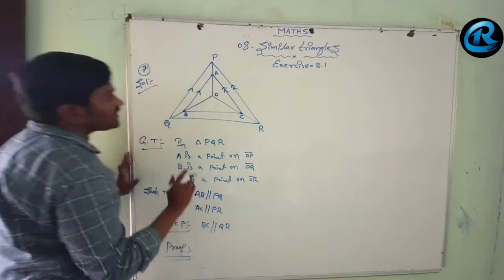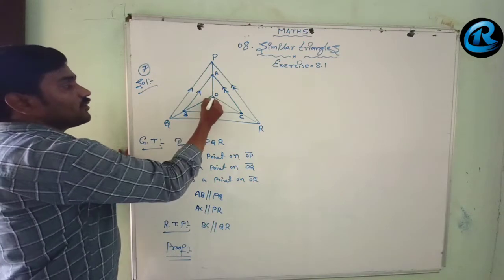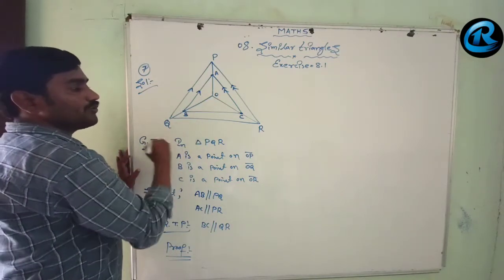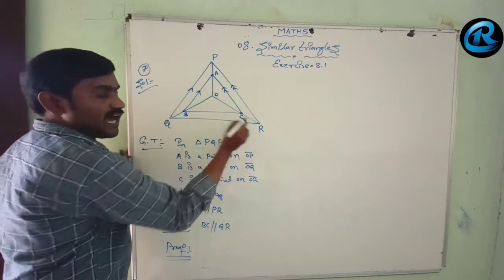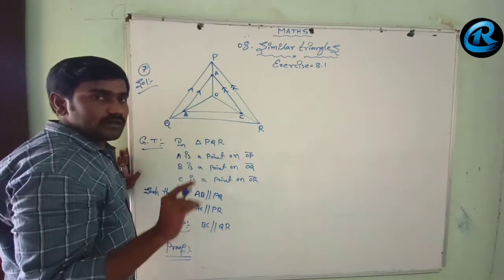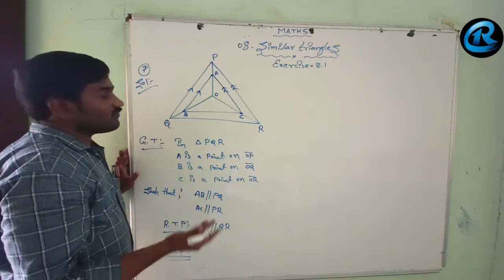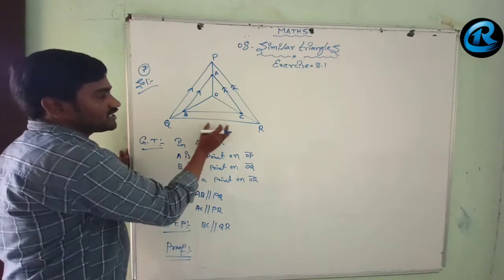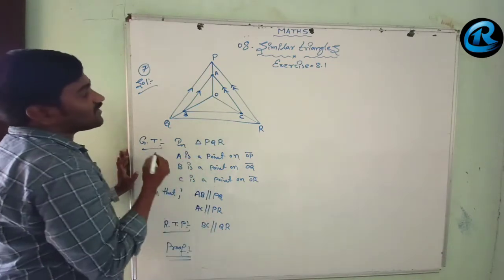So let us go for first. We have to focus on that OB by BQ and OC by CR on that concept. If they are divided into the two equal ratio, else by using our Converse of Bpt Theorem, BC is parallel to QR. So let us take the first triangle